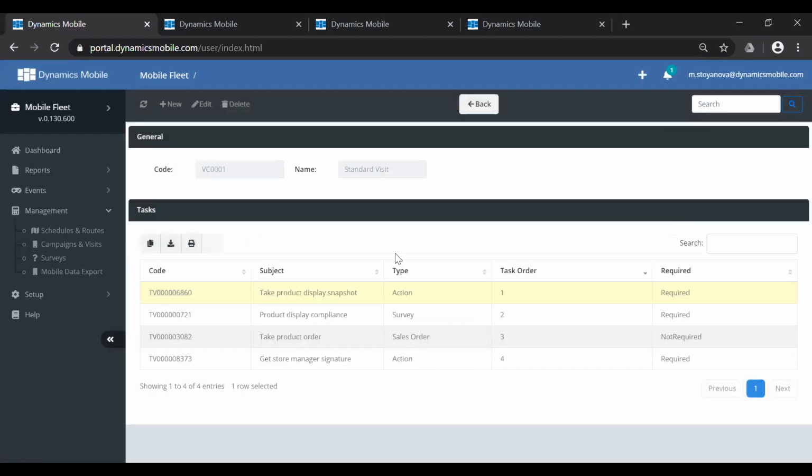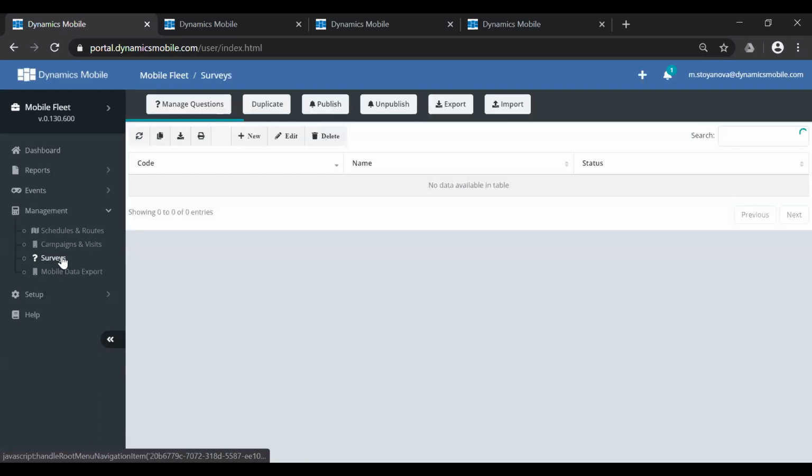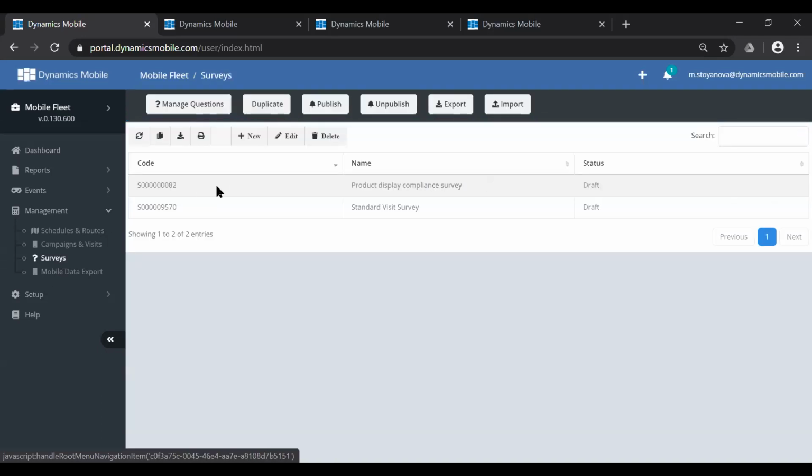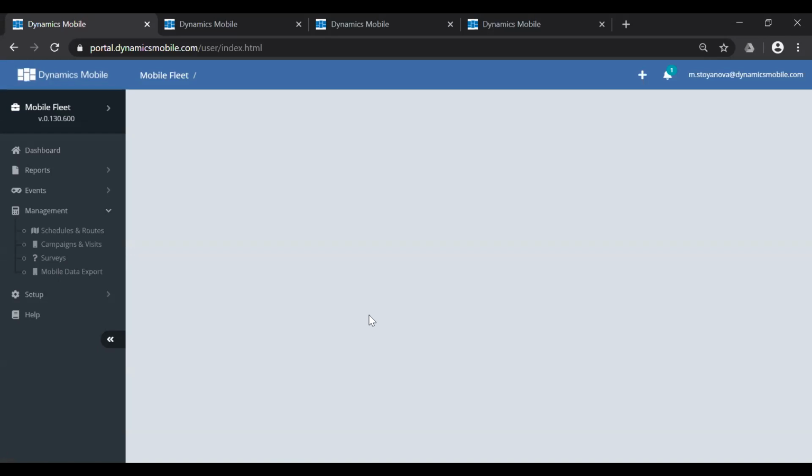So now from here, we have assigned the task visit types and the actual tasks for every visit in the route. Also, you saw that we have a survey type task from where you need to assign a survey, or you may assign a survey. So I will click on surveys here in the management console. And here you can now create the actual surveys that you would like to assign to different customers in the route. So let me click on manage questions to show you how it looks like.